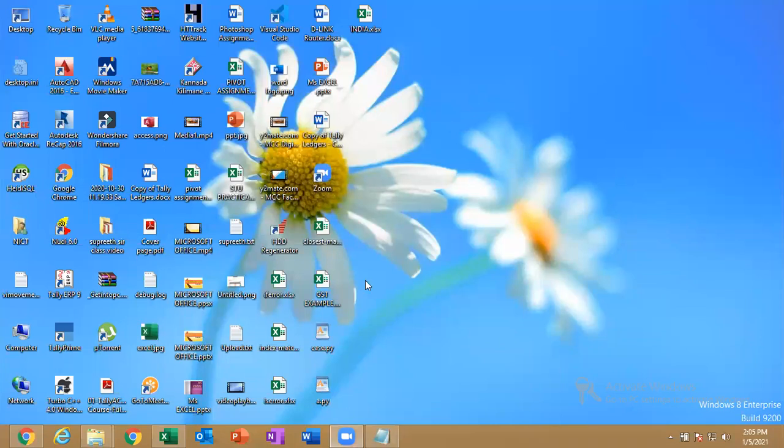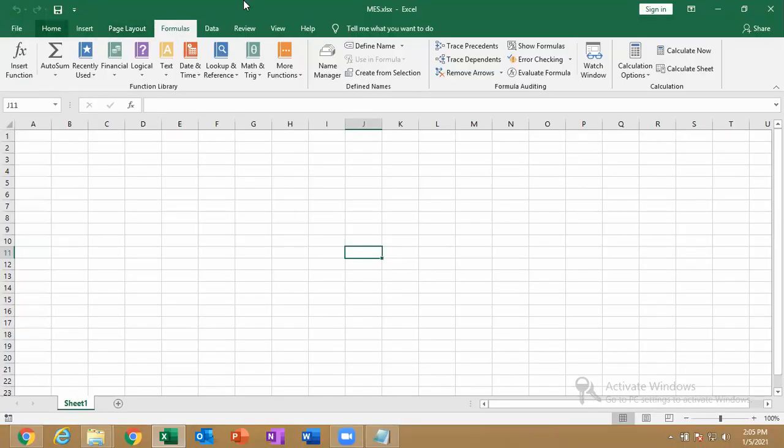Okay, let's see now. I told everyone understood this quick access toolbar, and now you see once I save the file, MES is the file name and the XLSX, and it has been stored on the documents. And I told where is the documents and all, and it is an Excel file which is showing as Excel.